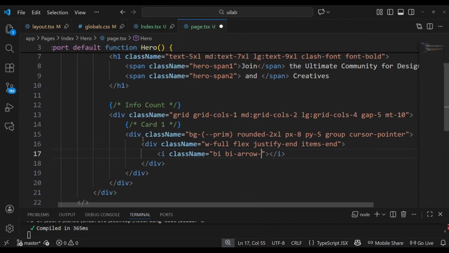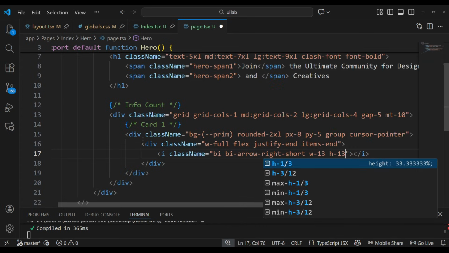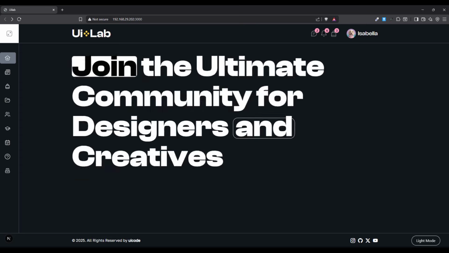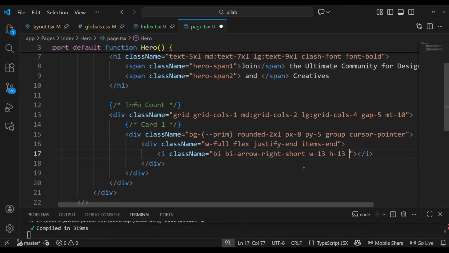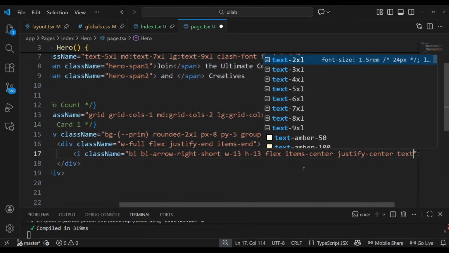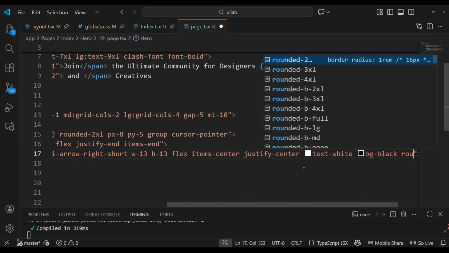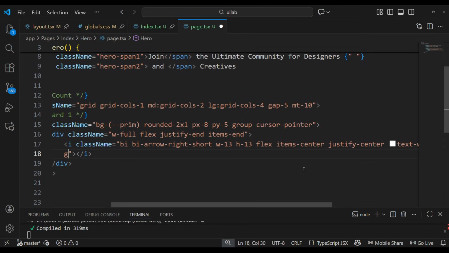bi bi-arrow-up-right-short. With width 13, height 13, we define the icons, so you can see the output. Now flex, items-center, justify-center, and text-white, bg-black, and then rounded-md,